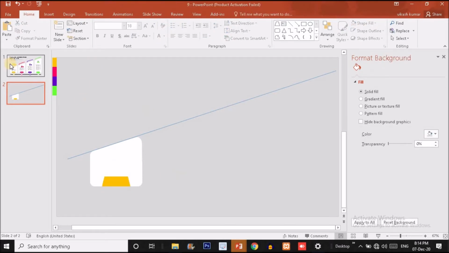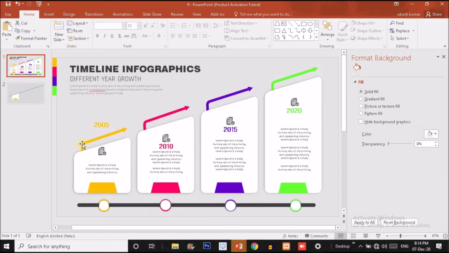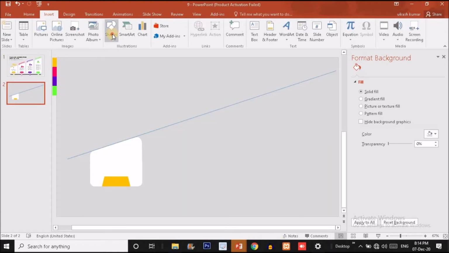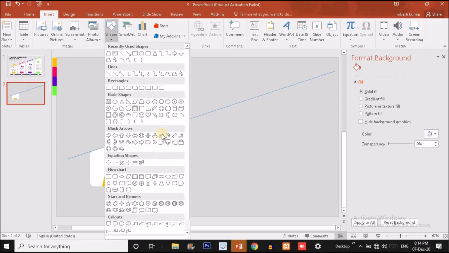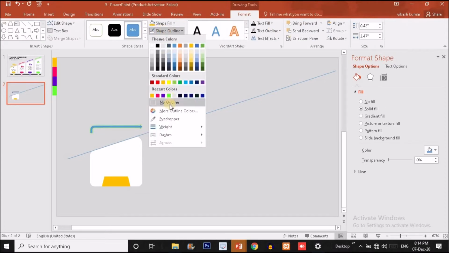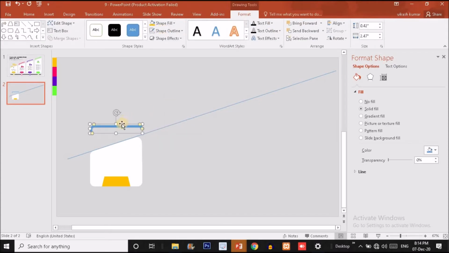Okay, so now what we have to do is create this type of arrow over here and add some text as well as the icon over here. To do that, for the arrow, just click on Insert and here you can see this particular option, bent arrow. You just have to click on bent arrow and drag an arrow like this. Now remove the outline by clicking on the No Outline option and put it over here.